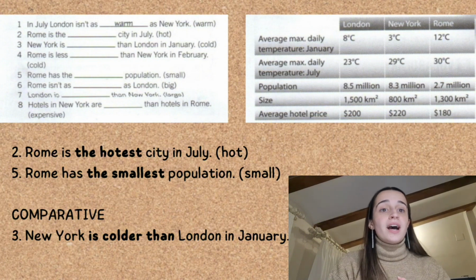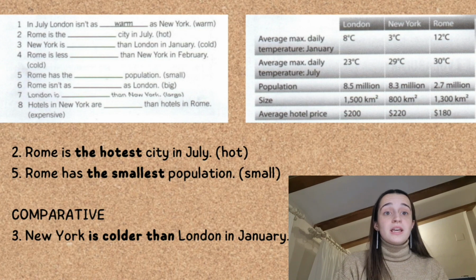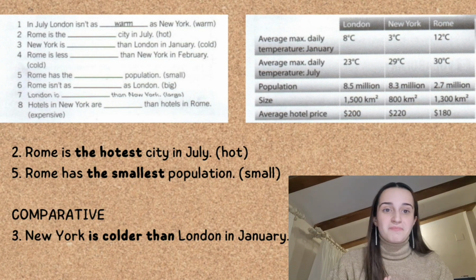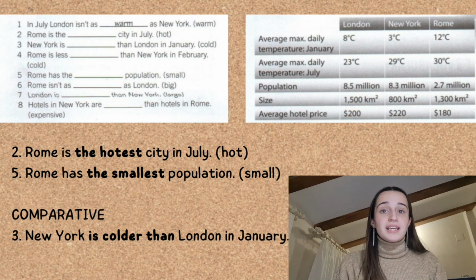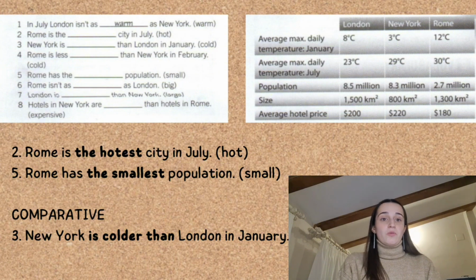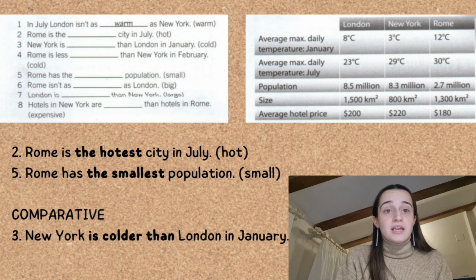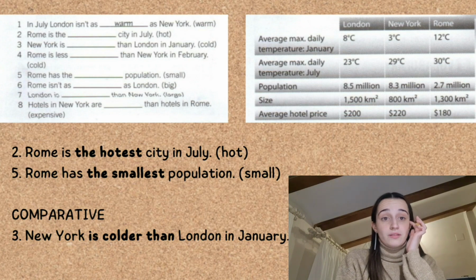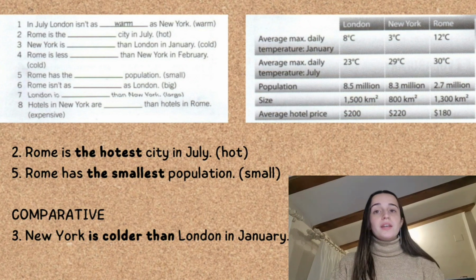Okay, and I've forgotten that sentence 3 has a comparative part, but I'll explain it now. New York is colder than London in January. Why? Because New York has in January a maximum of 3 and London 8. So New York is colder than London. Now we can see the table